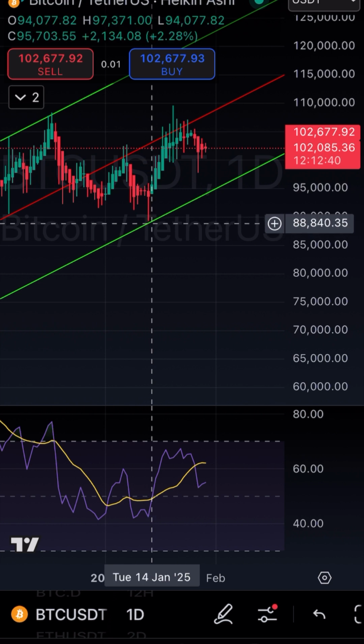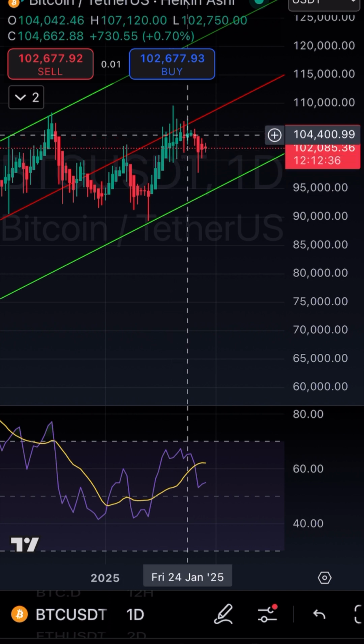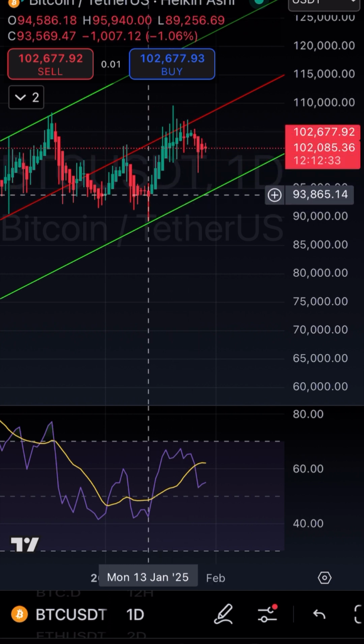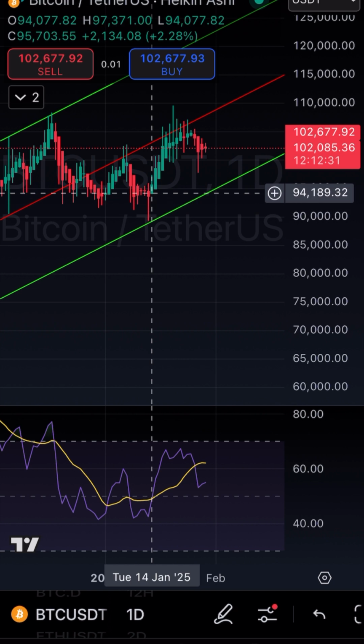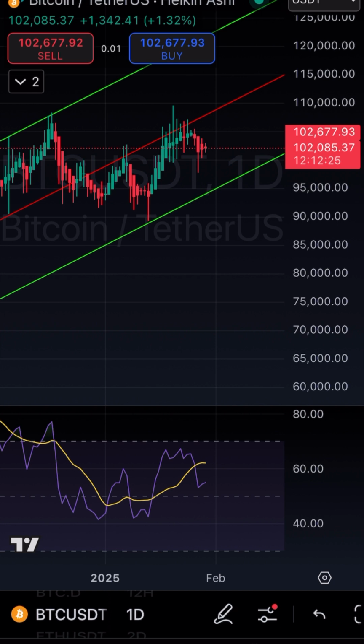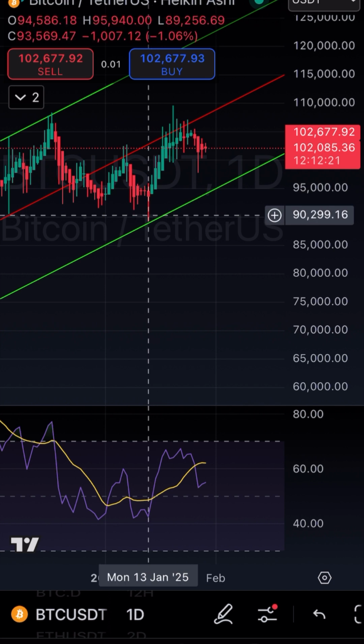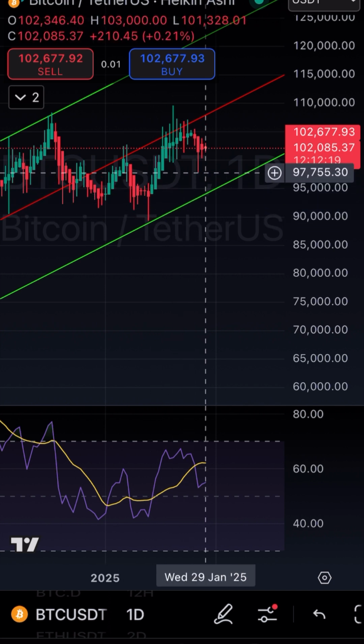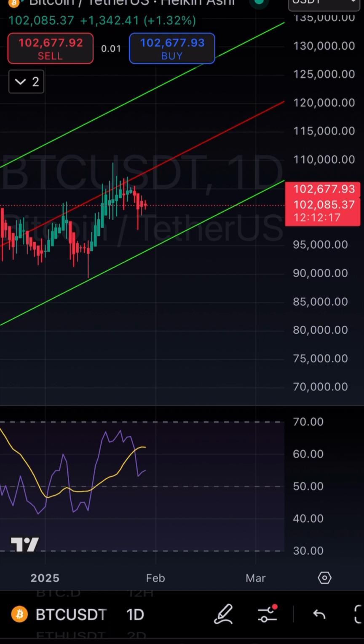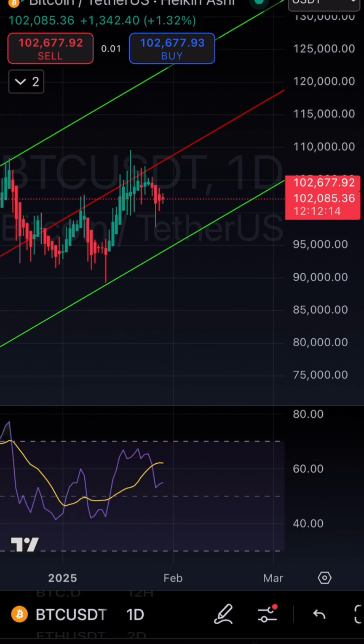It didn't quite touch the bottom, but it's pretty close. So you could have come in right about here, and you still could have been riding it out. But this one right here, it really isn't that. I would want a trade that's as close to the trend line as possible. So I may or may not have entered that trade, but try to get as close to the trend line as possible. So what we can see right now with Bitcoin